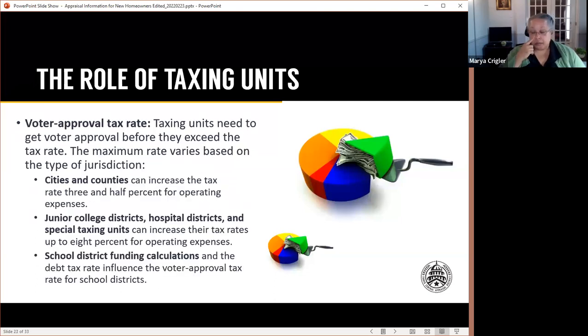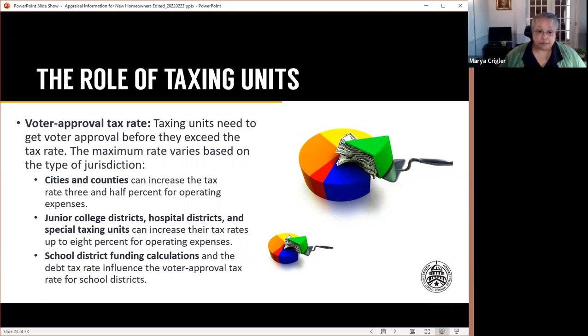The next rate that's really important for you guys to know is a voter approval rate, because in addition to having a homestead limitation based on a homestead exemption, there are some limitations placed on the revenue side or the rate side of taxing entities. So there are some limits, and the voter approval rate sets those limits. And if a taxing unit wants to go above a voter approval rate, they've got to get taxpayer approval at